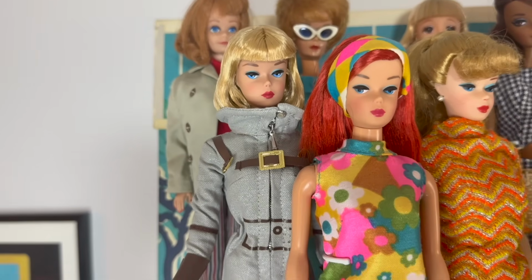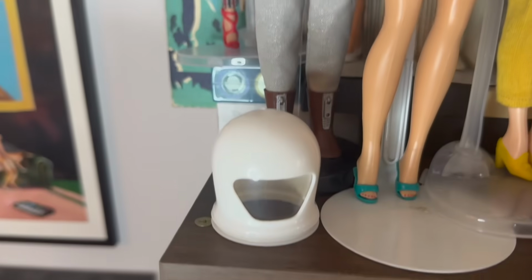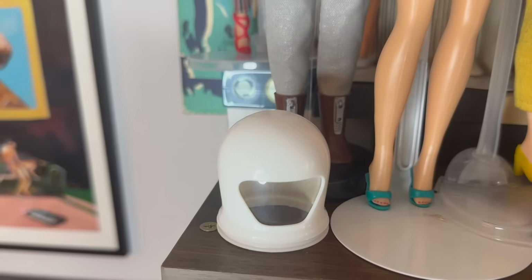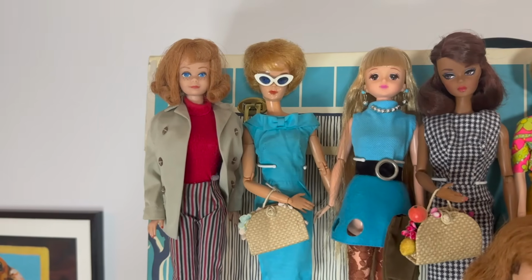And I really like this doll. I don't think people were super into her, but I think she's great. And there's her helmet that I broke immediately upon pulling it out of the box. Yay! What a mess. I pulled those dolls in the front out so we could get a better look at